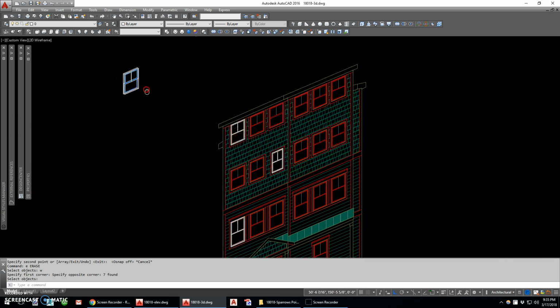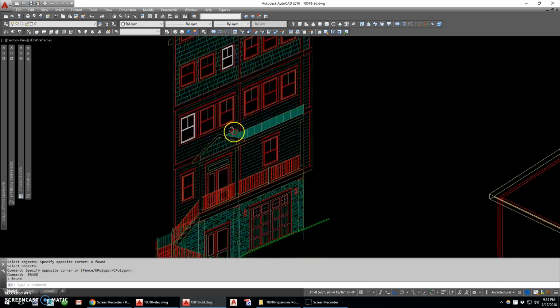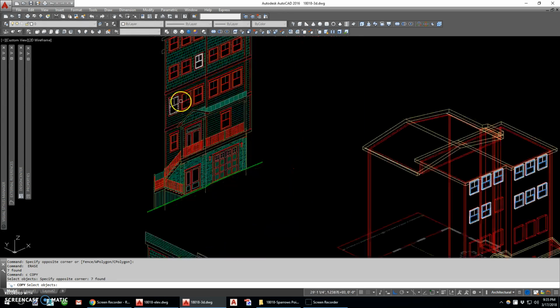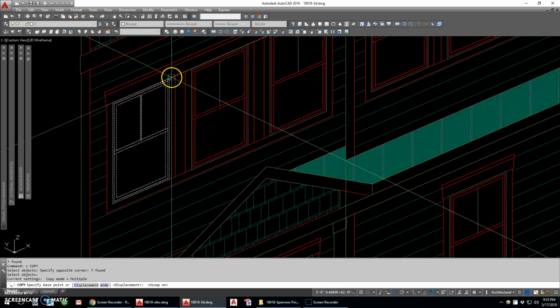So I just want one of these. I already drew this window. This block's already in there. I'm going to erase it. I'm going to get rid of that stuff. I don't want to see it again. I'm going to copy this window down. Oh, it looks like this is a different one as well. I'm going to copy it